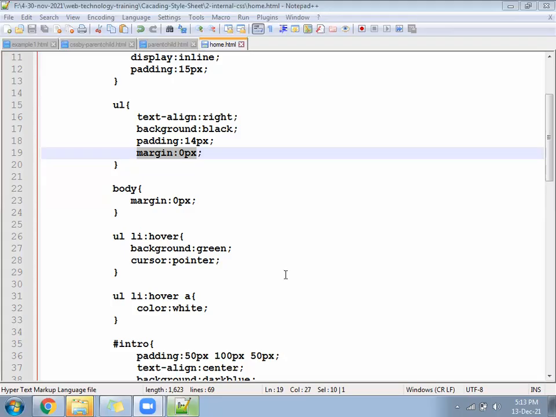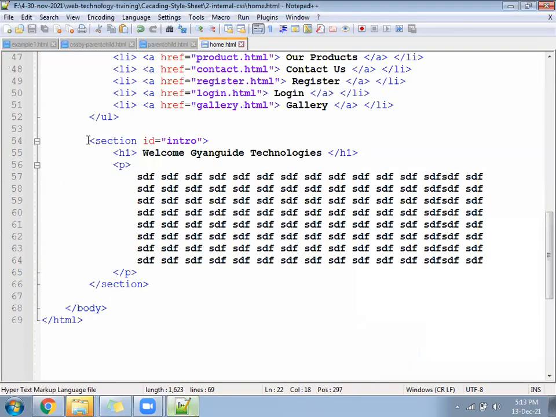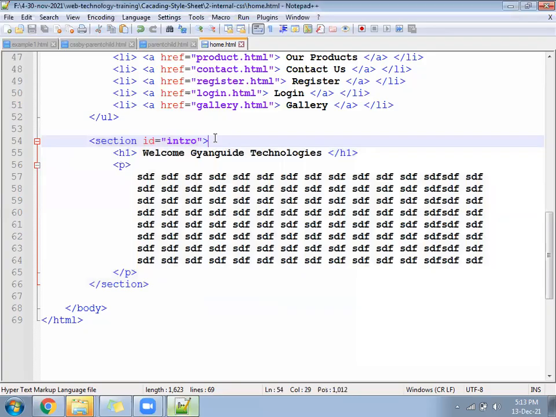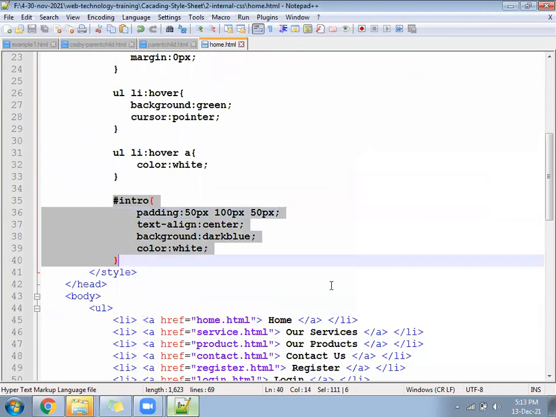Go ahead. The section part is not visible for me. The section part will not be visible if you do not write in the same file. Replace it with my section code, and it should work. Replace the section code I sent you and also replace the CSS of the section code. It should work.